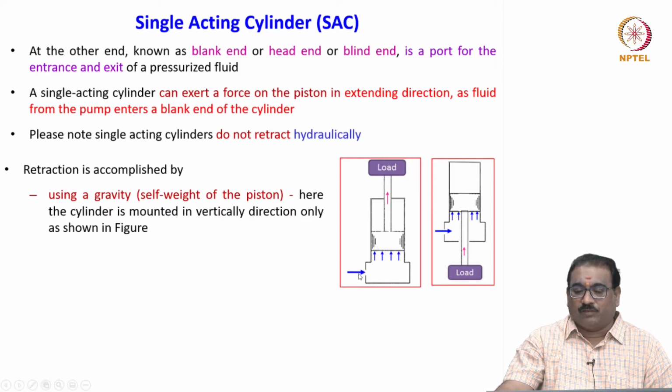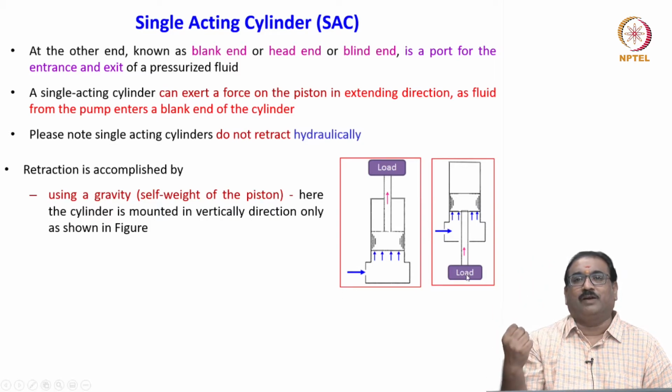You will see here fluid pressure is used to push the load up, correct. Then for return, you will cut off the fluid or take the fluid out, then it will move down, retraction. Similarly, you will see the load is in the reverse direction here. Now, what I am doing? I am lifting the load, I am pulling the load with the fluid pressure. Please understand this. Then once you cut off the fluid here, what happens? Due to the self weight, it will come down.